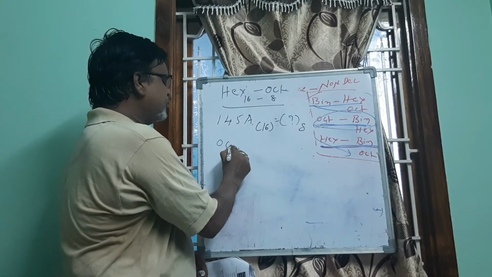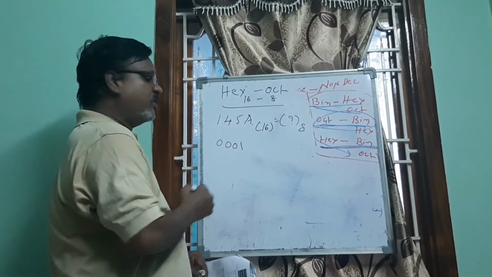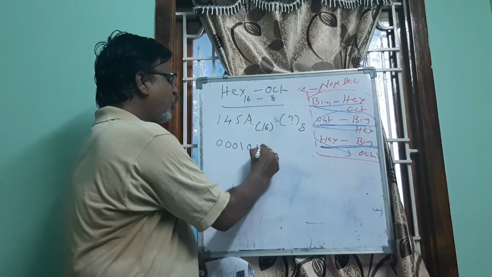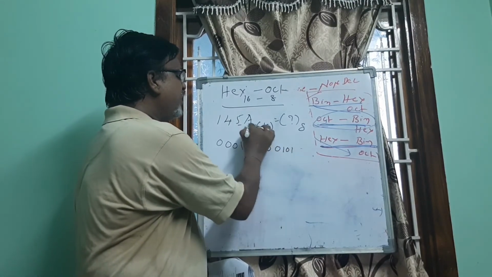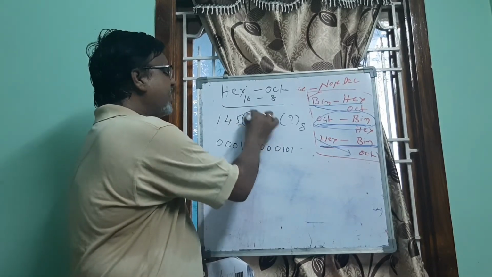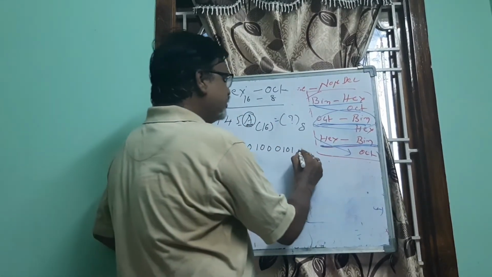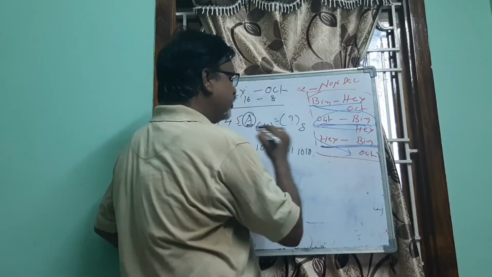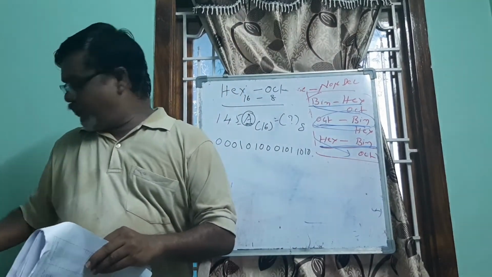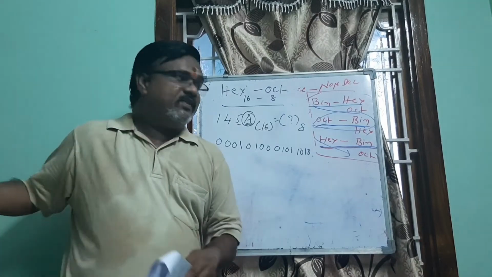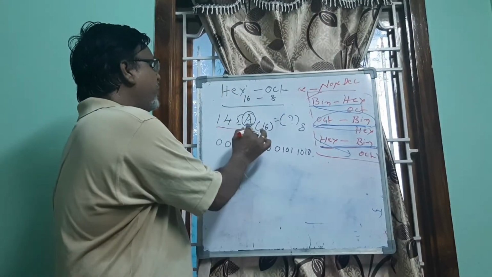So 1 is 0001. Okay. 4 is 0100. 5 is 0101. Here A, A means what is A? 10. So 10 here is 1010. After you do like this, because now you are going to convert this hexadecimal number of 4 bits into